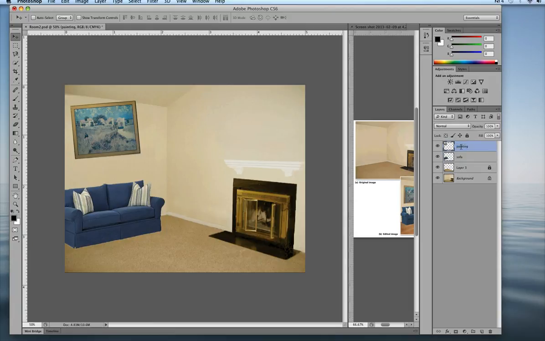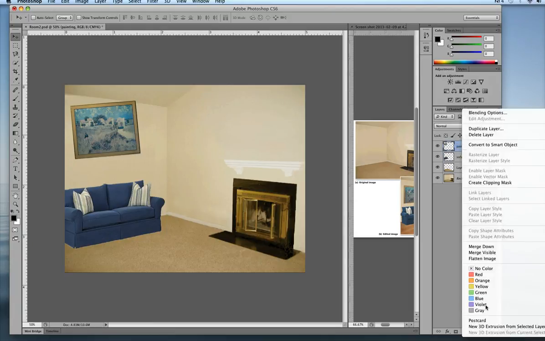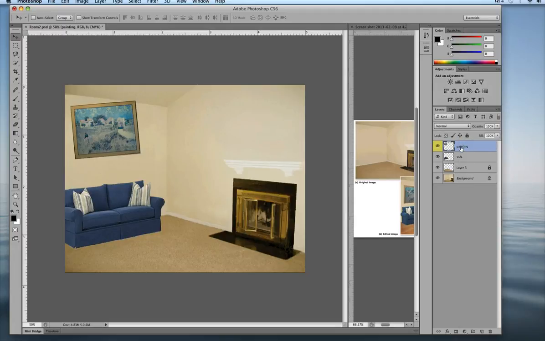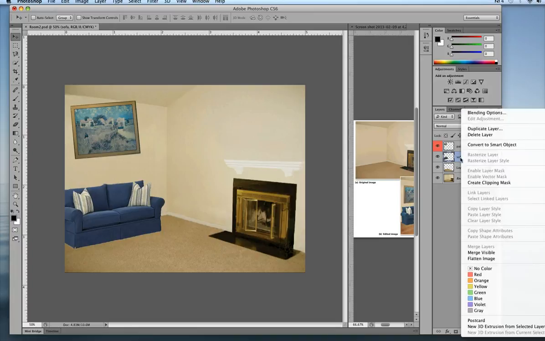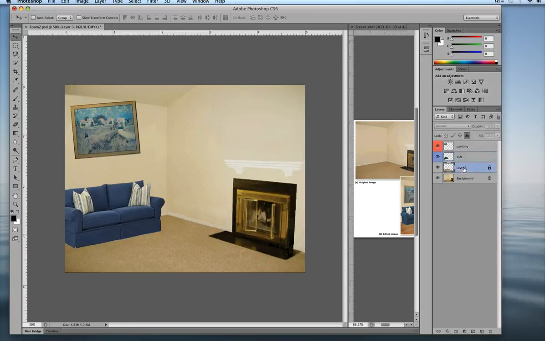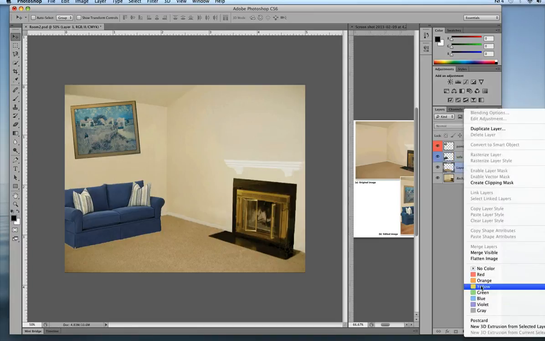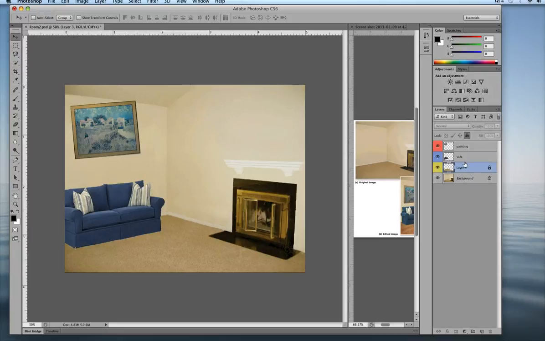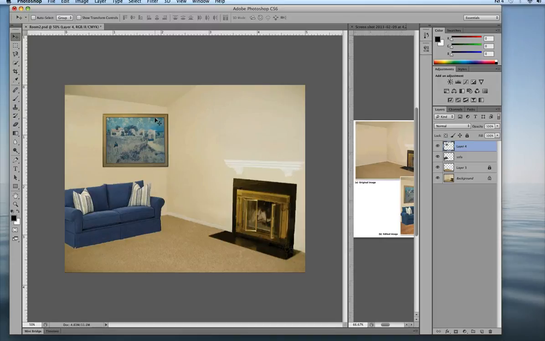Oh, and another way to make a distinction is to right click on the layer and you can change the color of the layer. So the book actually suggested making this one red and the sofa blue and the floor yellow. It really doesn't matter. Whatever helps you remember what's on what layer. So for my painting layer, I'm just going to see if I can go back in time. Oh, then it starts taking out my colors. But I just want to go back to my painting when it was normal. Okay, so